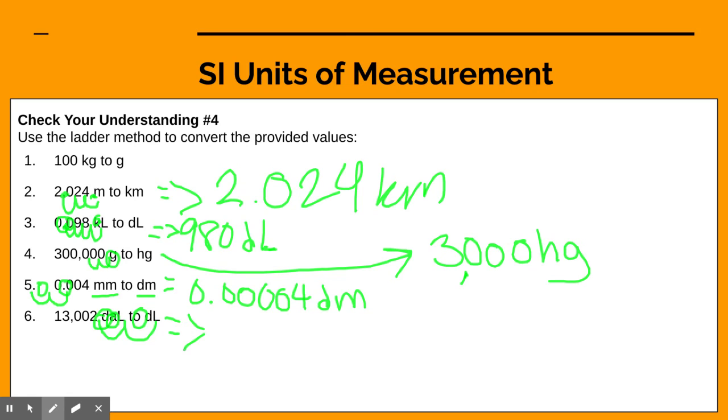And then my new number is going to be 13, then 002, and then 00, and then we can put our commas in after, put in our end units, and then we've got 1,300,200